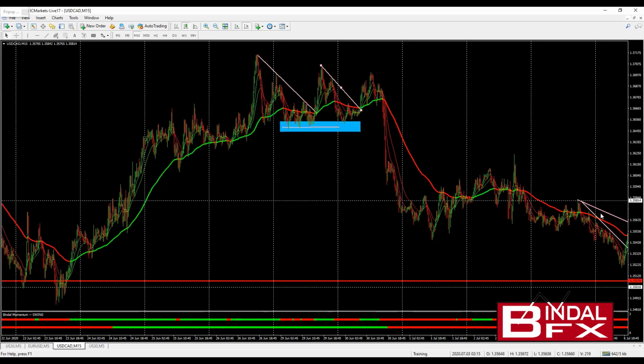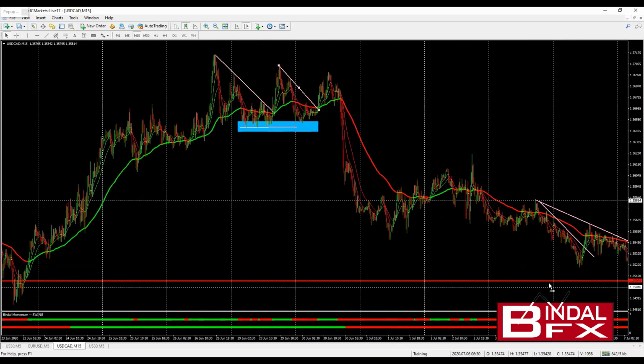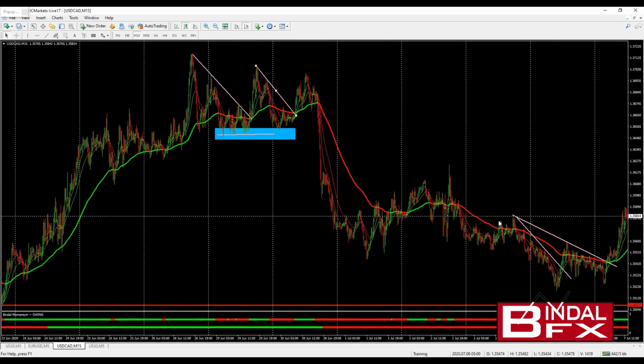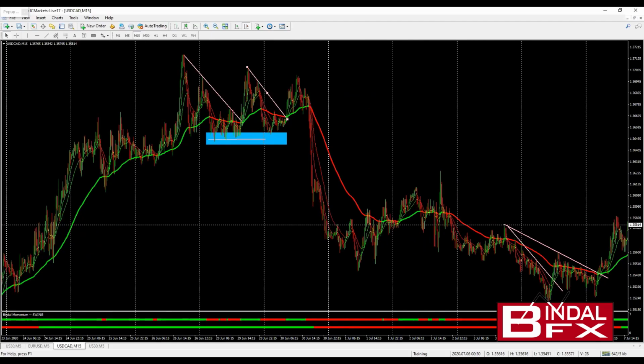We're approaching support, break of trend line. Oh, I'm going to go long. But at this moment in time, it's against the system, right? B1 and B2 is red. Price is below the trigger. Compare that to this trend line here,